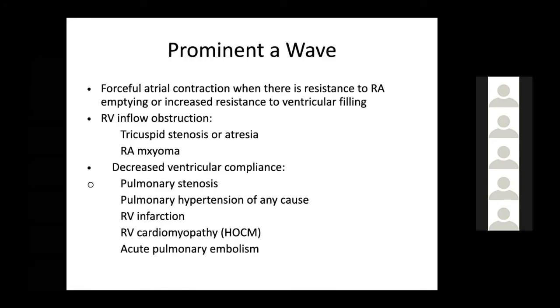So aortic stenosis and hypertrophic cardiomyopathy are important causes of a prominent A wave, and the mechanism I have already told. Apart from that, one of the rarer causes, which we do not see in JVP much, is acute pulmonary embolism, where the RV compliance comes down and we get a prominent A wave. So if you remember this much causes and this much mechanism, I think it is fair and well in the exam.